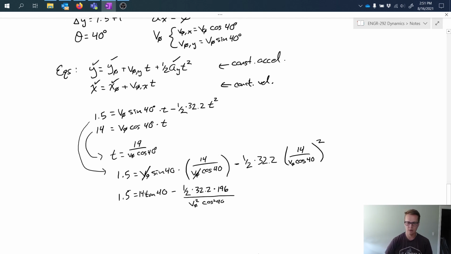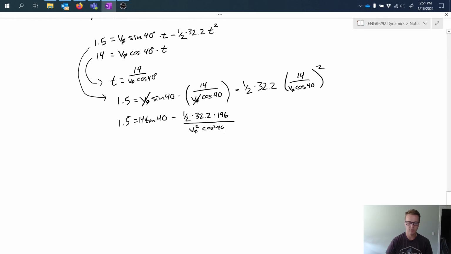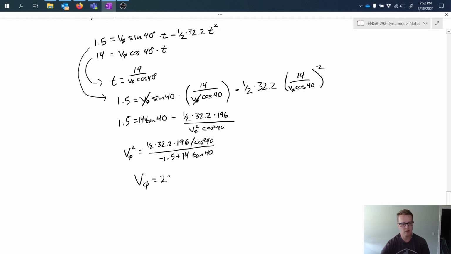So I can go ahead and rearrange this equation, with 32.2, 196, cos squared 40 divided by the rest. Okay, I think I've got things rearranged, and then I can go ahead and solve this problem, take the square root across, and end up with v naught equals 22.9